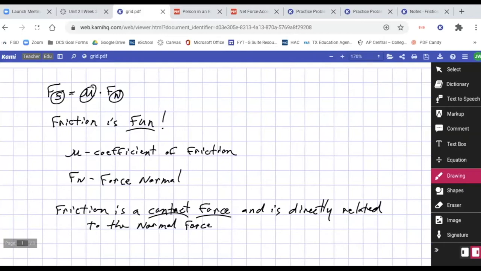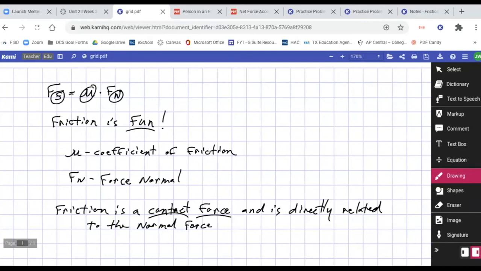Now, yes, there could be some variance because of how the wood is sanded, the type of wood it is, and which way the grain is going. But the idea is the coefficient of friction is usually a known value, and it varies depending on what the two surfaces are, okay? So kind of wrap our minds around it. The coefficient of friction we could get from a table, okay? We could calculate it based on experimental circumstance, but